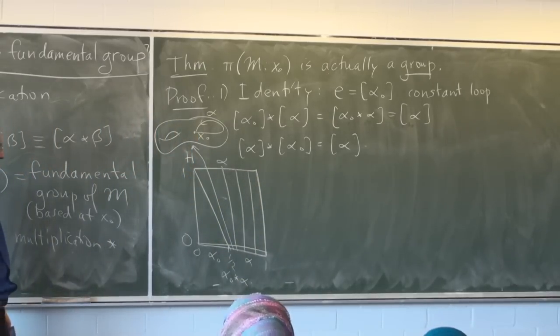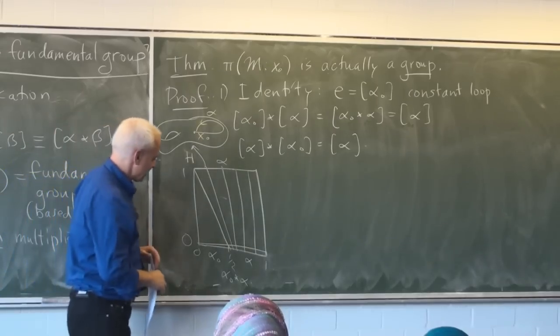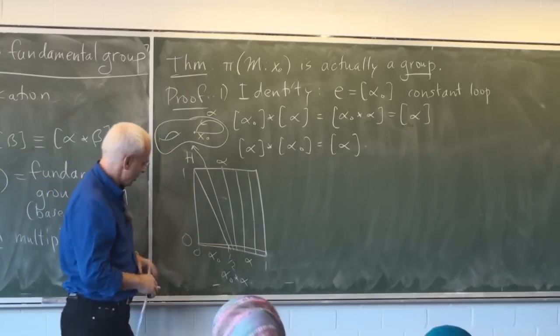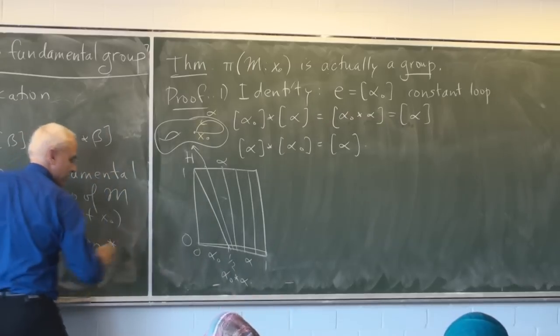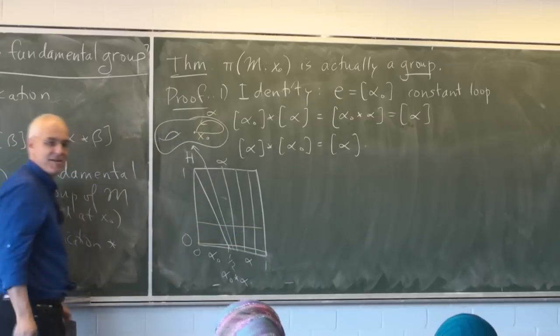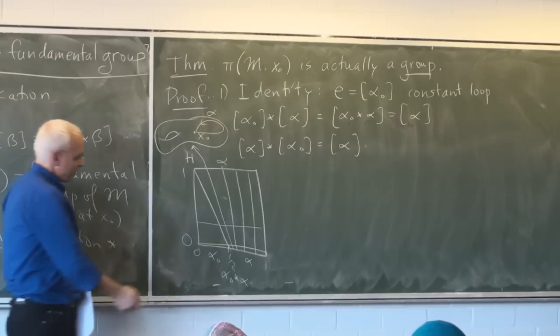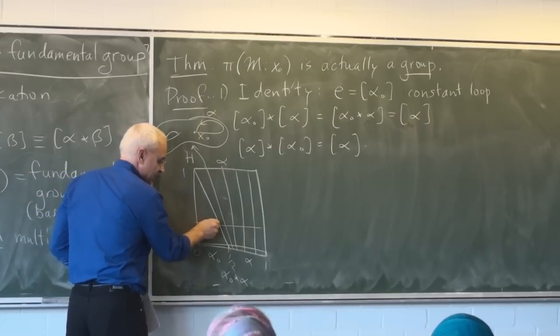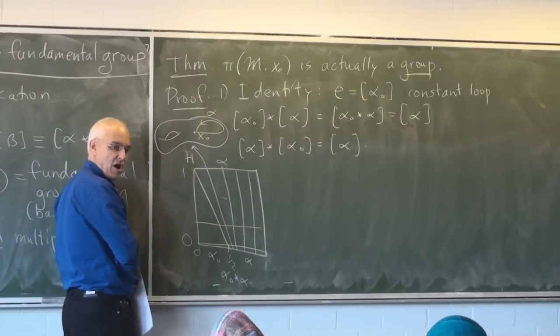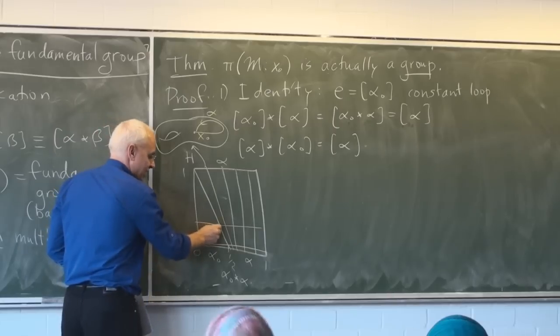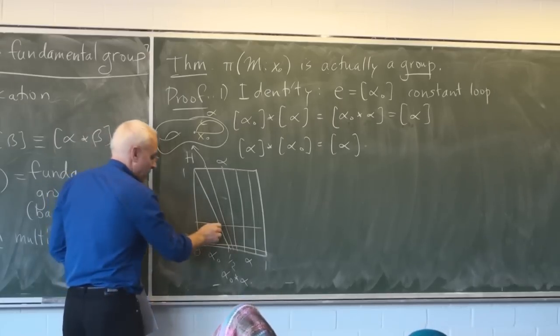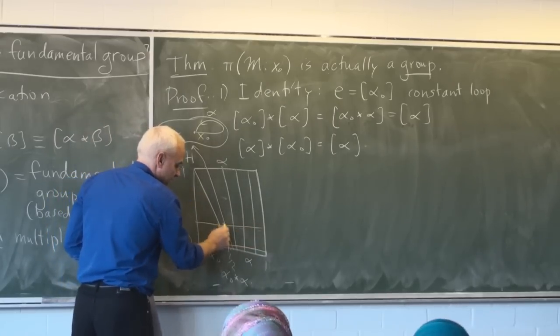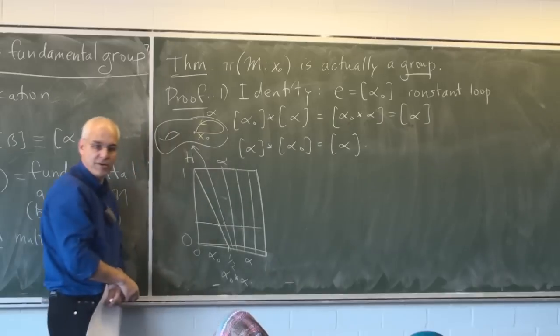So what does this represent? It represents a continuous deformation. So if we have some intermediate step like that, what this means is that we're going to still sit at the constant loop, but not quite as long, only up to there. And then we're going to kick in and go along alpha, just according to this prescription here.